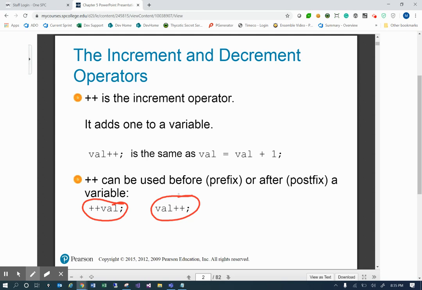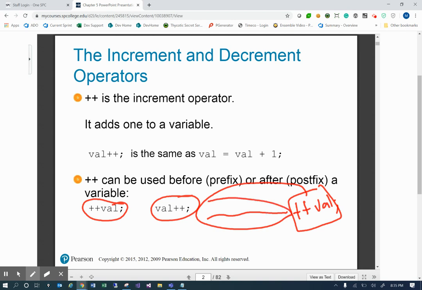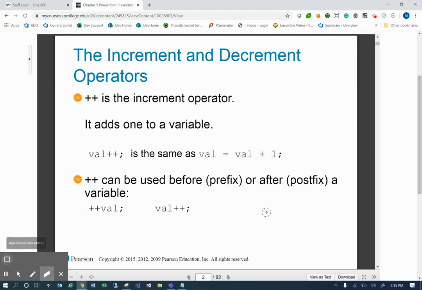To understand the prefix version, let's say we have a line, blah, blah, blah, and somewhere in there we've got the plus plus val. When in the prefix like this, it's going to add the plus 1 to the variable and then execute the line. Whereas with the postfix, which is one of the more often ones that we see,